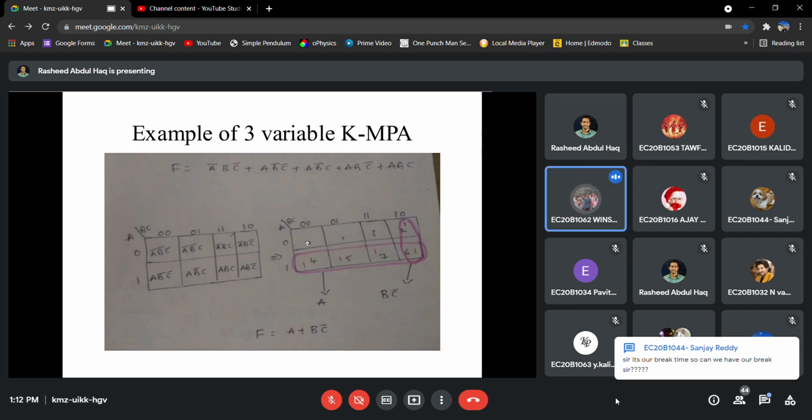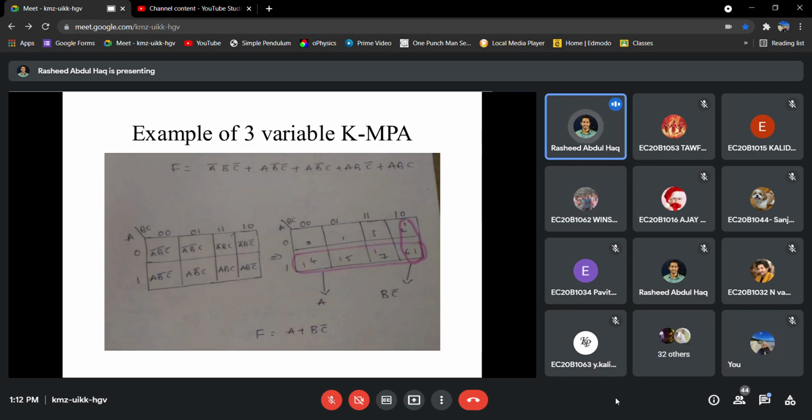What did we change, sir? I couldn't see your comment, sir. I just joined. I am saying that in this case you are telling that instead of putting this 1 1, you can put a 1 0 here and 1 1 here. Then we will get 1 1 here, and this needs to be marked here, and we will get the same output as a plus bc bar, right? Yes, sir. That is your doubt.